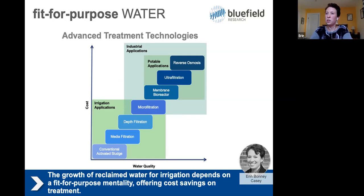And I've touched on this a little bit in what I've been saying, but just thinking about the drivers for reclaimed water: when you start to talk about using reclaimed water because it requires lower levels of treatment than potable water, we're using it for irrigation, and the cost savings associated with that treatment, you really are embracing a mentality of fit for purpose water, that you don't have to use the same quality water for every application, and that there are different parameters that are important for water for irrigation versus drinking water versus industrial